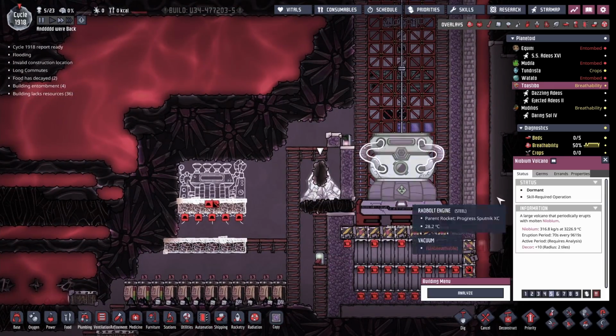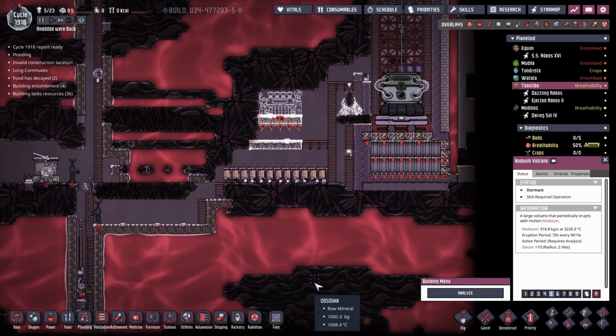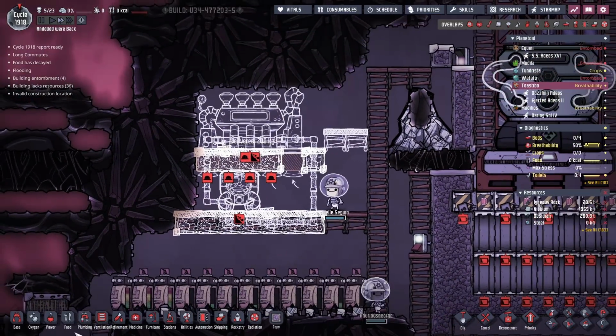The cooling for that is going to... Well, we're going to require a lot of cooling. But we can't provide that cooling until we have more space, and we just don't have access to that space just yet. This here will be the aquatuner. That aquatuner will provide the cooling as well as that...